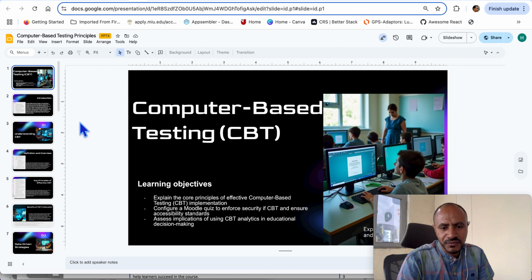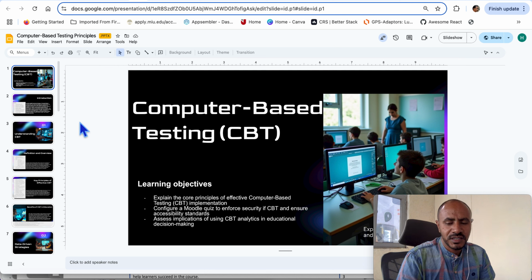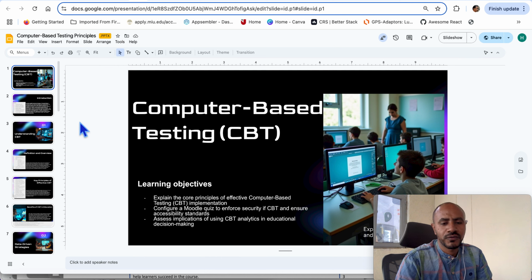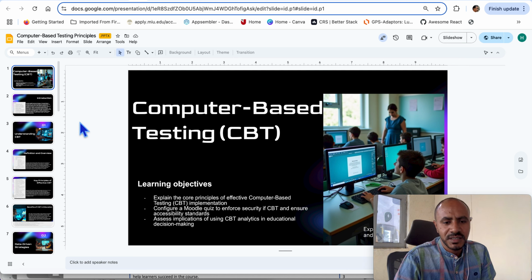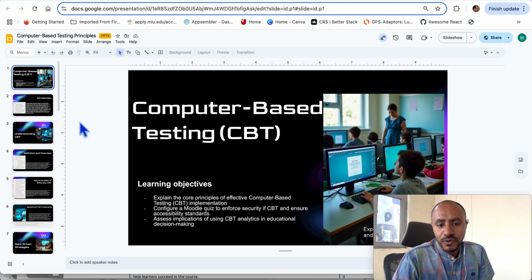In this video recording, I will just give you a highlight of the session. And in each session, we would have a video recording that would follow up. So basically the objectives of this session are to explain the core principles of computer-based testing. Again, there are lab activities, following which you should be able to configure and administer Moodle quizzes, that is, proctored testing for your own courses,